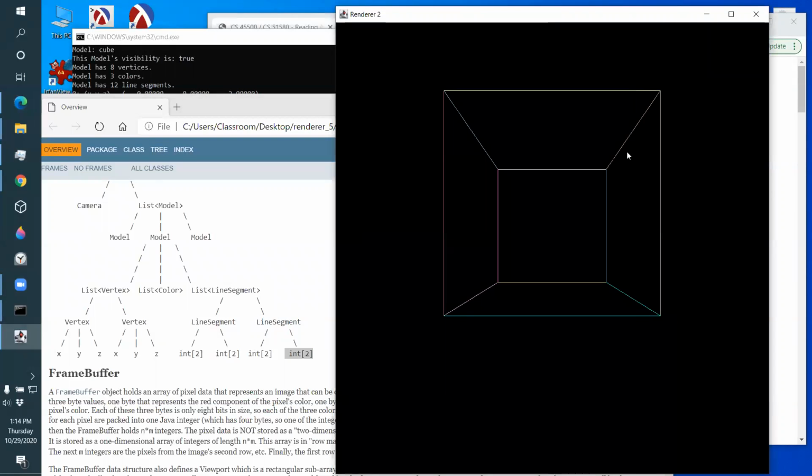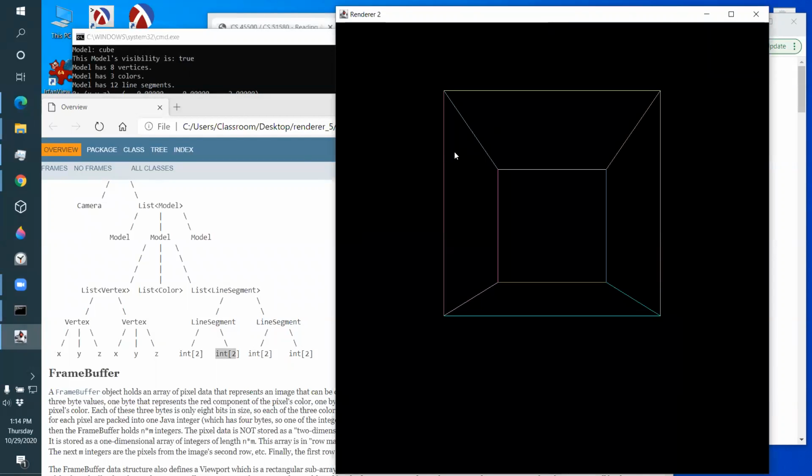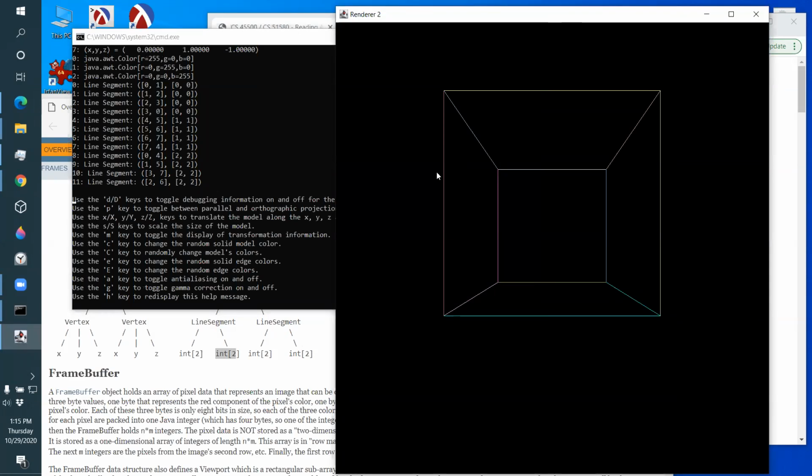So now this line segment shares the same color at this end and that end, but it's a different color than that line segment. So now I've got a color for every line segment. The color list has to have 12 colors in it, one for each line segment, and then each line segment is going to use one of the colors. Okay, so if you use the help key, you see that